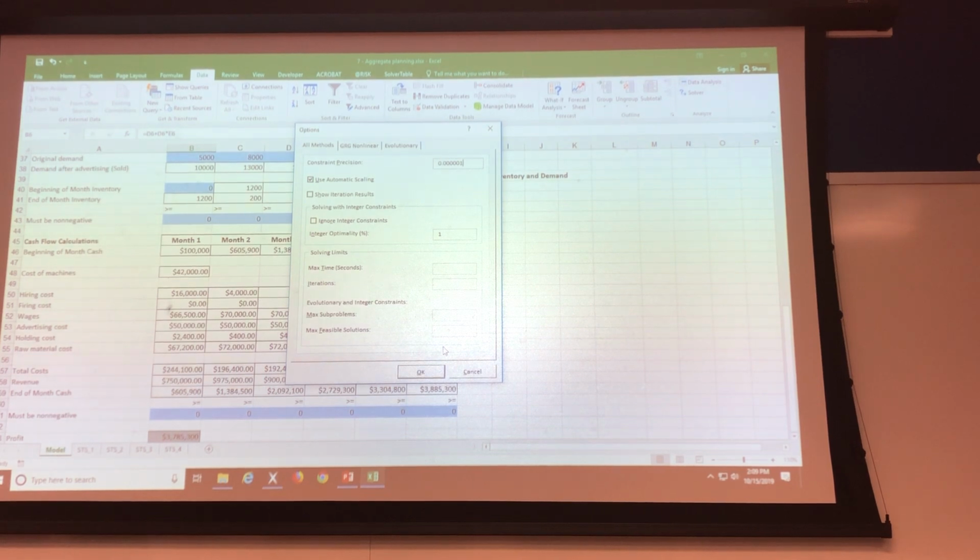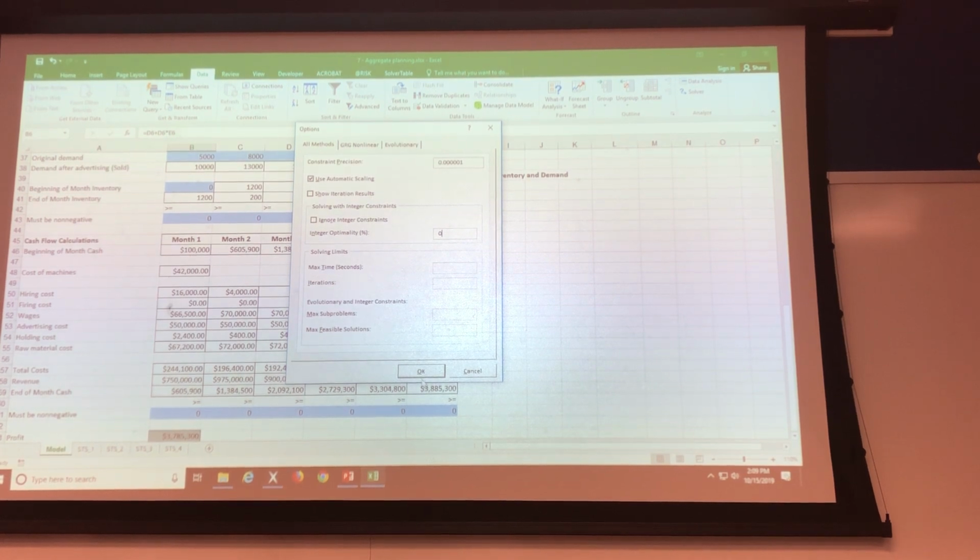And that's for good reason, because some models are really big and you cannot force it to get all the way. I mean, it would take an endless amount of time or crash or do whatever. But ours isn't that big, so let's make ours 0. Let's turn that to 0. Let's force it to get to the absolute best, not just within 1% of the best. Okay. So I'm gonna click OK